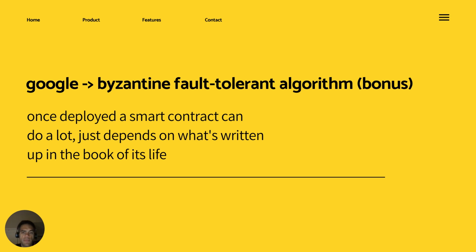They can run scenarios. They can remove the need for excessive human resources. There's a ton of stuff, but you just got to make sure it's correct when it's up and running, because there's no going back after that. And if you want to learn more about what keeps it structured, the Byzantine fault tolerant algorithm is something you could look up. I didn't really get into it today because we're not doing that right now.